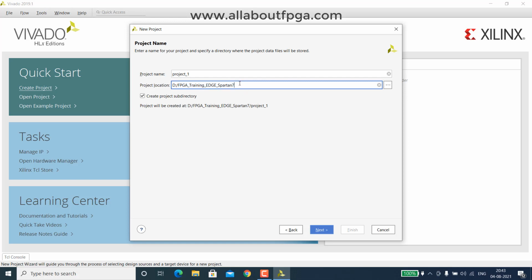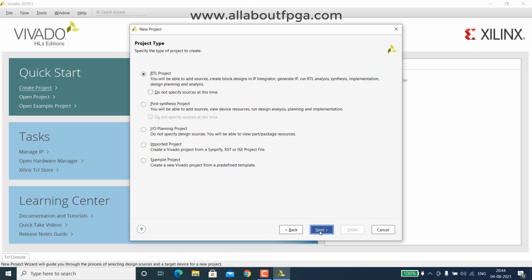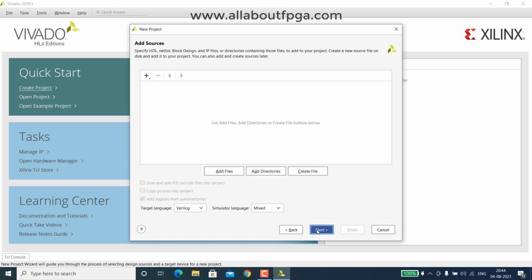Create your directory and give it a project name. I give it as half adder. Then the project can be an RTL project, so select RTL project and click next.